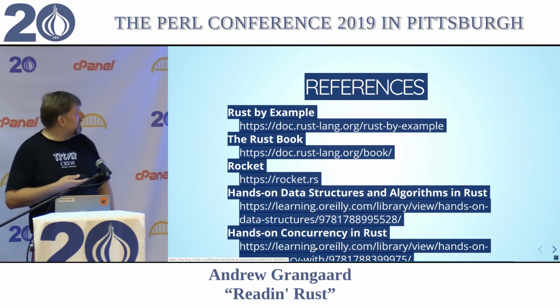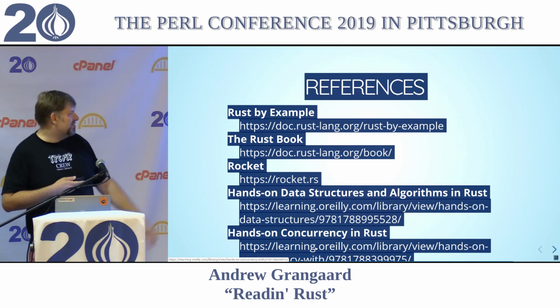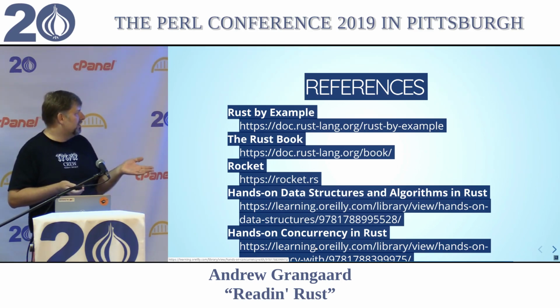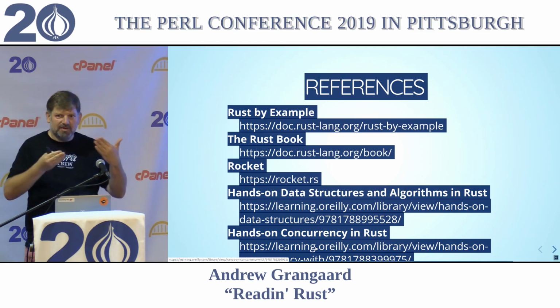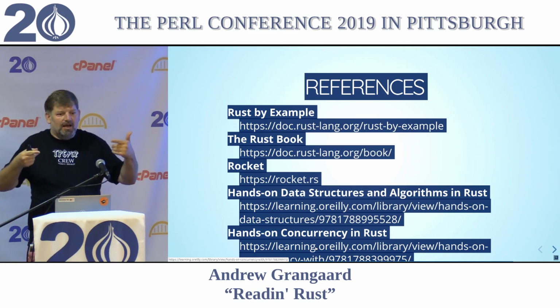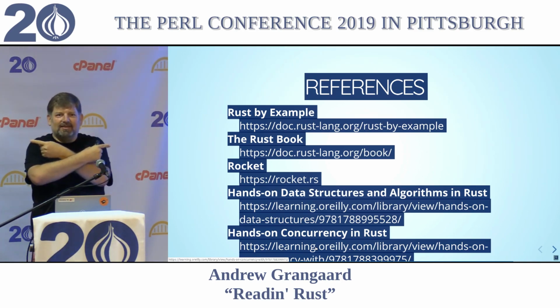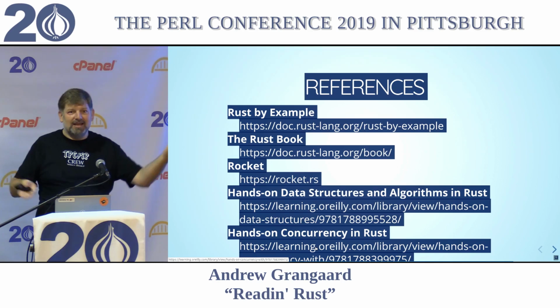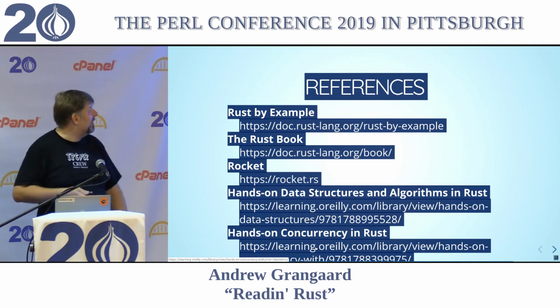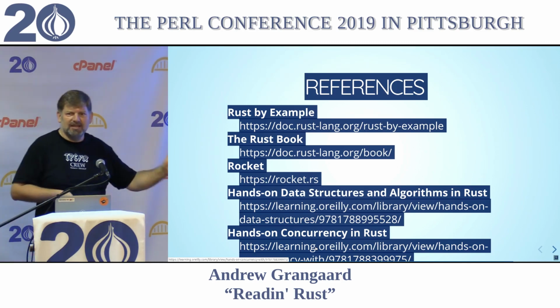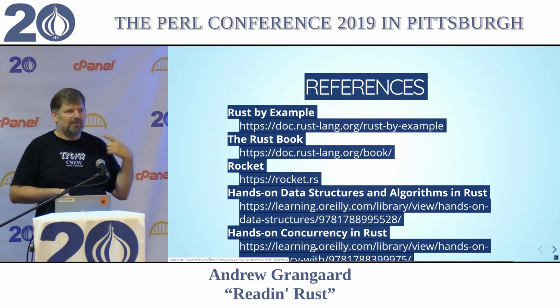Then I just finished reading Hands-On Data Structures and Algorithms in Rust and Hands-On Concurrency with Rust, and these are both really wonderful. Unfortunately, at the end, and I was reading them concurrently, because, obviously, at the end, they both said, and what's a great book? That one. Which was true, but then I got to the end of my compile. And those are from Packt, and some of the other ones are a little more hit and miss that I've read. But with these, both the prose and the code are very readable and very welcoming.